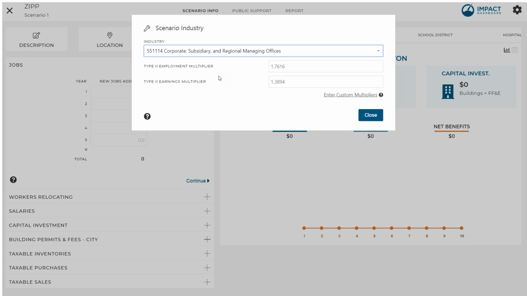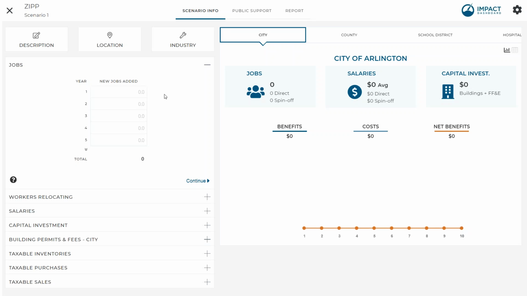When I say spin-off, and we use the term spin-off throughout the app just because it's a little bit shorter, what we mean is indirect and induced. Those are the indirect being business-to-business expenditures that might go on with this project, and the induced represents the consumer-to-business expenditures that might happen as a result of new workers spending some of their money in the community. So I'm going to hit close on this,